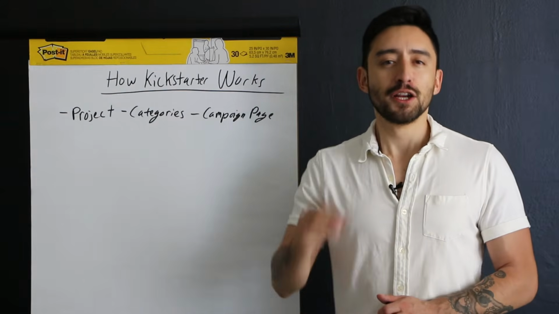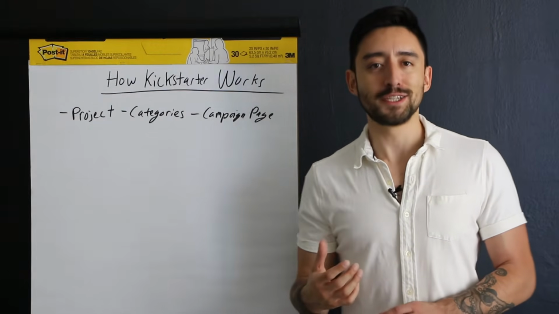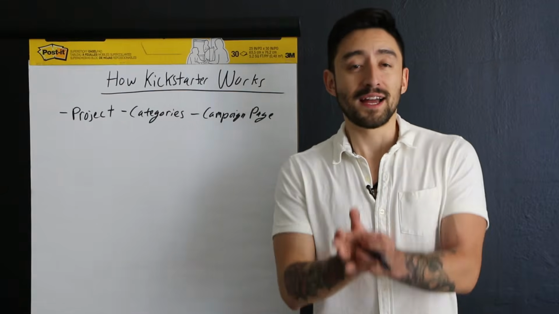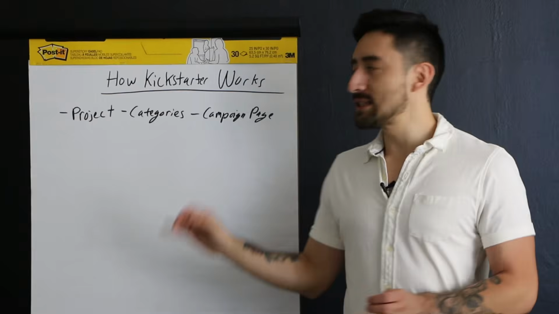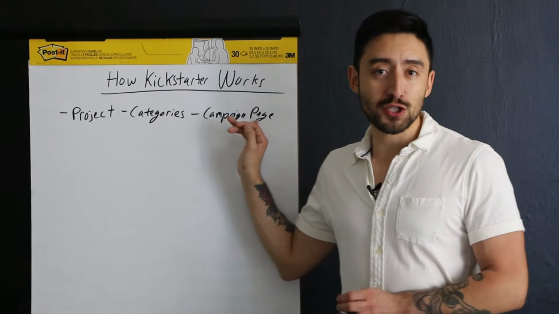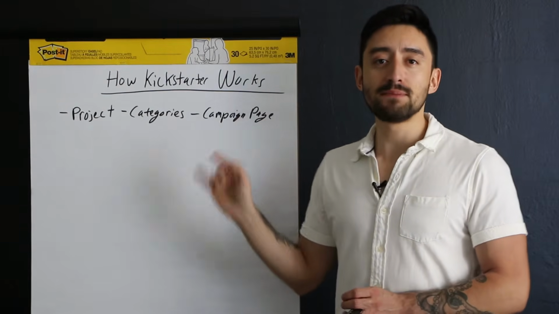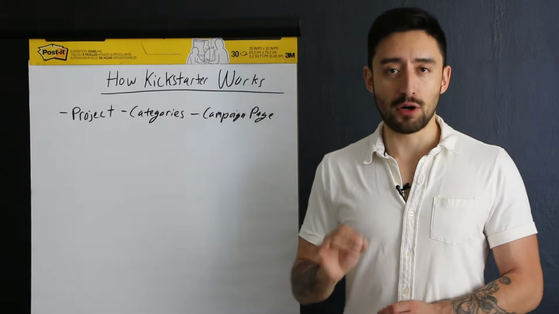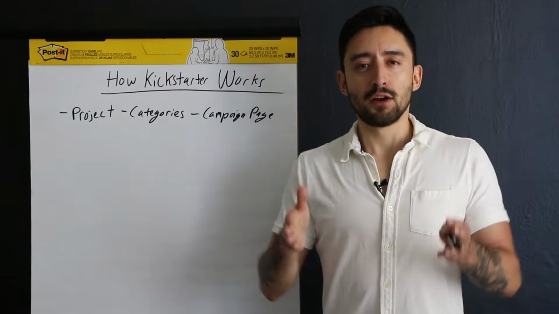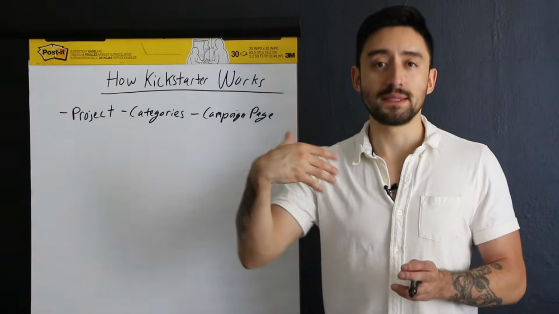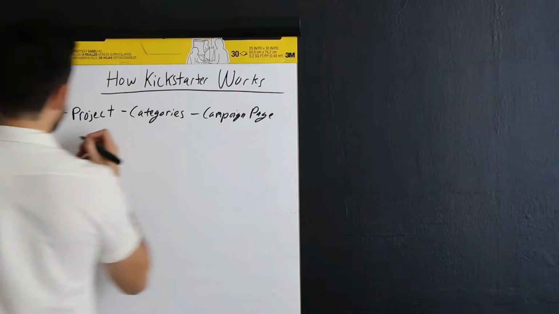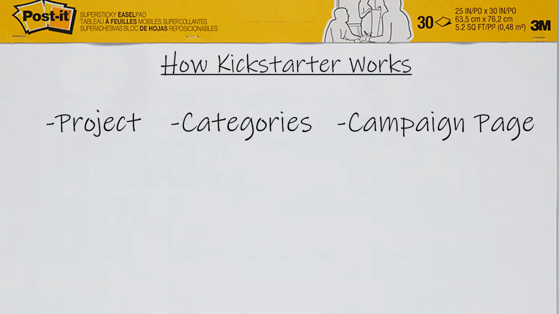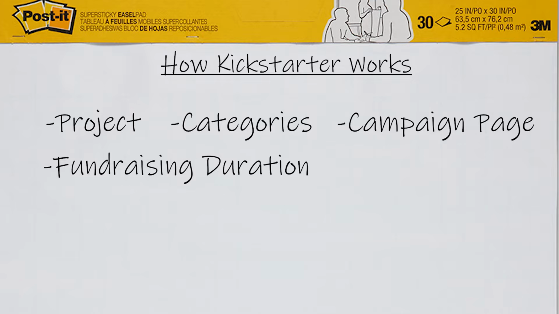On that campaign page, you're gonna have different items that are kind of explaining what it is you're doing. So things like a video, things like actual text on that page, graphics, rewards, etc. This is what comprises a really good Kickstarter campaign page. And the reason behind this, and this is kind of to me the hallmark of crowdfunding, is that you're gonna be doing this for a certain duration and you're gonna be raising money. So what does that mean? That's kind of a little bit complicated, right? Let's kind of get into this right here. So first of all, you're gonna have some kind of a fundraising duration, okay?